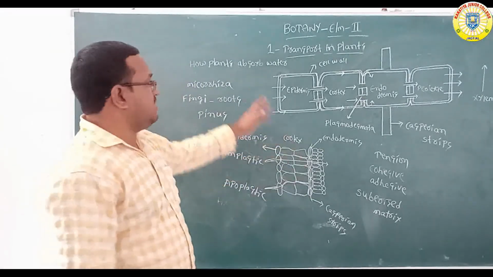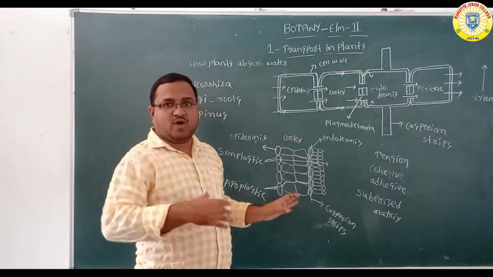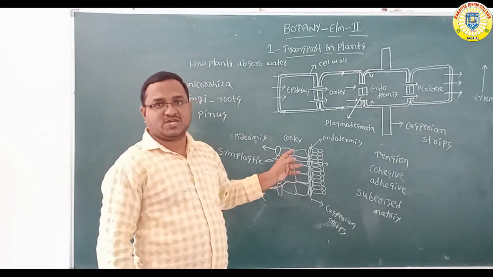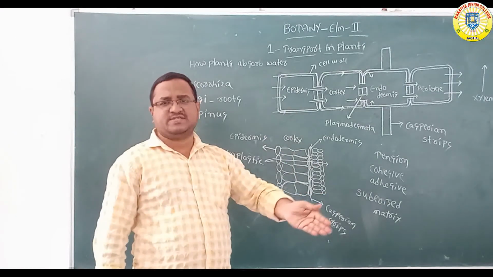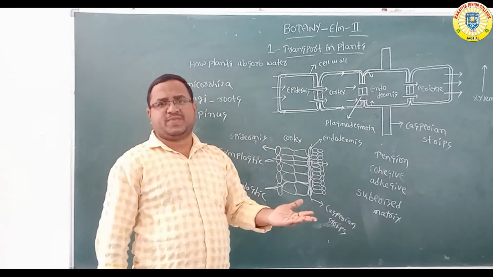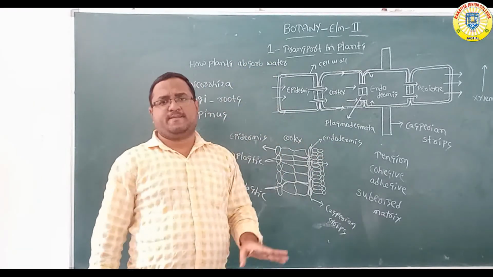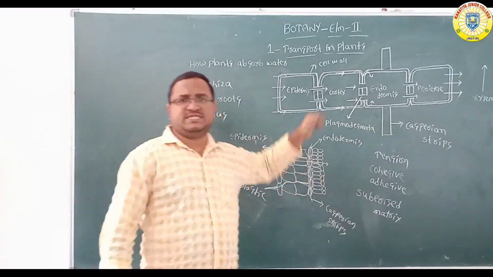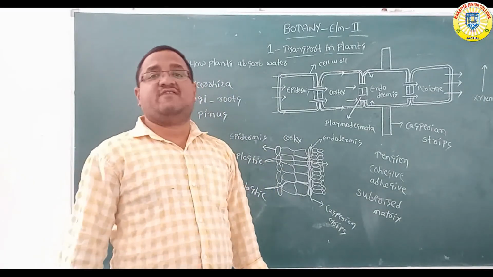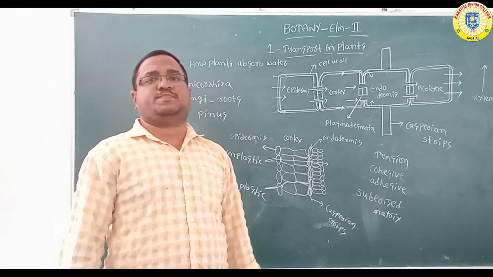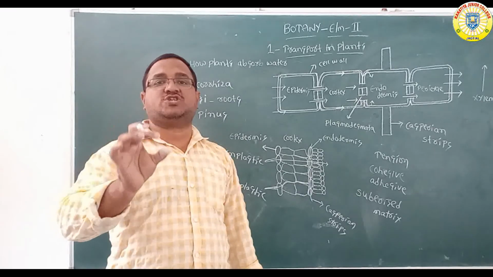So this is the diagram of the apoplastic and symplastic method. This is also movement of the water, how the water enters the roots through apoplast and symplast, from the root hairs, epidermal cells, cortex, endodermis having Casparian strips, pericycle, then xylem. So this is the movement of the water from the soil to roots. Okay, very important. Apoplastic system and symplastic system.